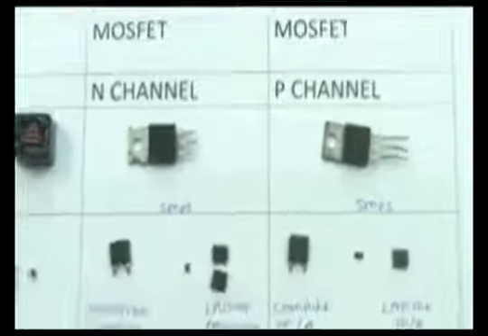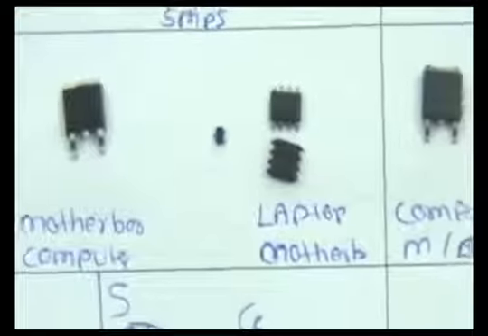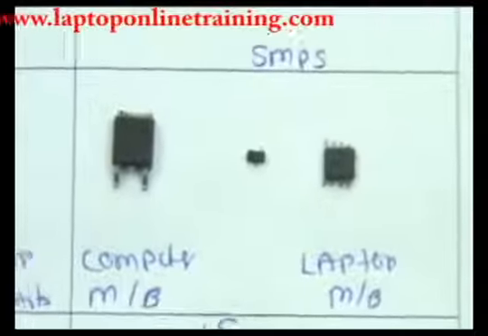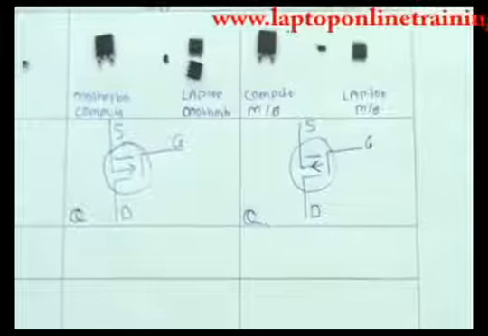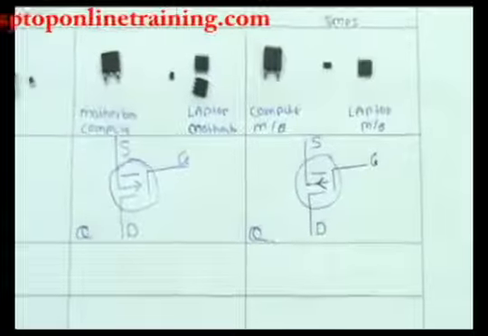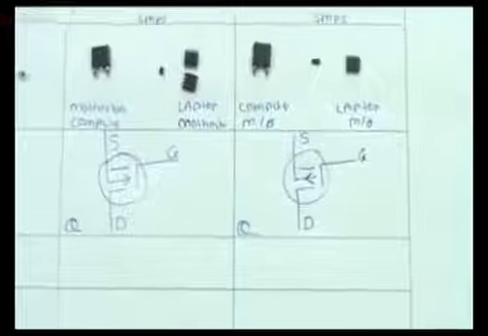Okay, you can see the MOSFET in assembly like this. In a desktop motherboard it will be like this, and in a laptop you can see this type of MOSFET. In a laptop, in one package there can be a single or dual MOSFET. These are the N channel and P channel MOSFETs. You can identify them like this. It is also indicated by Q, and on the schematic diagram you can see it like this: gate, source and drain. There are 3 legs: gate, source and drain. These are the MOSFET and coil.